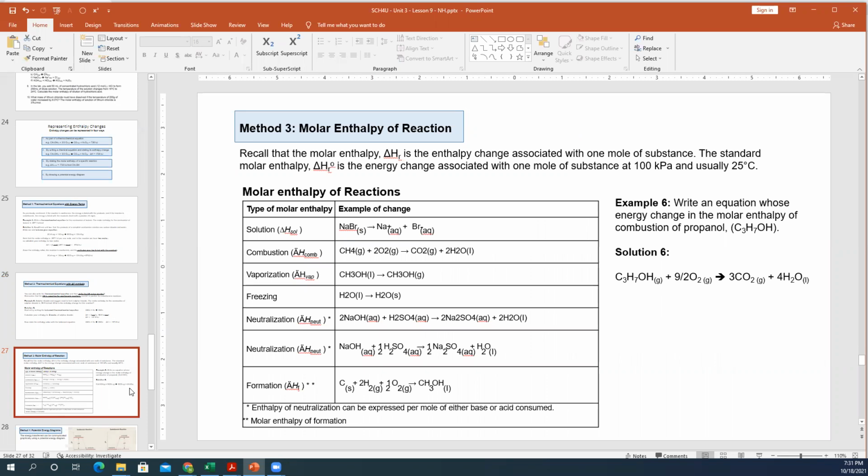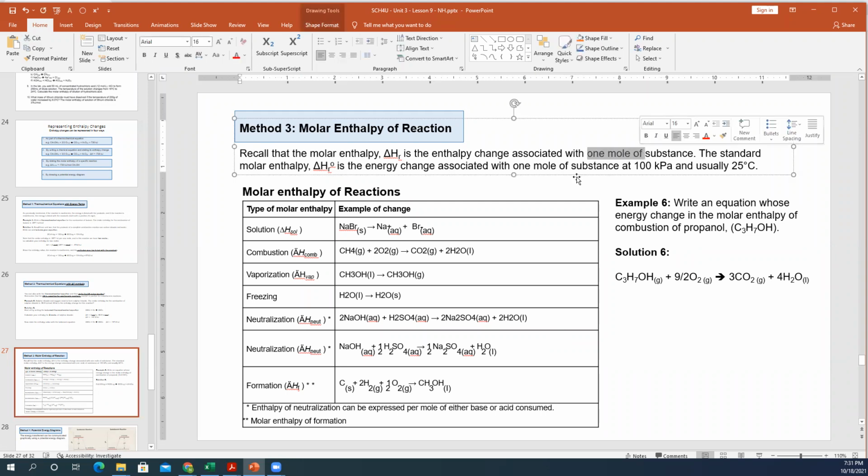So now we talk about the third way to write down delta H. So you remember that molar enthalpy, the delta H subscript R, is the enthalpy change associated with 1 mole of a substance. I keep emphasizing that because it's important to keep that in mind. The standard molar enthalpy, by standard molar enthalpy, we put in this delta, this naught value here. So delta HR naught